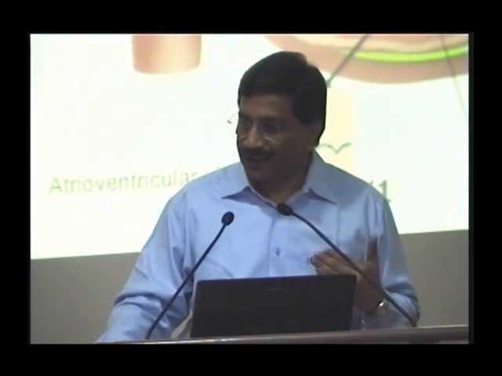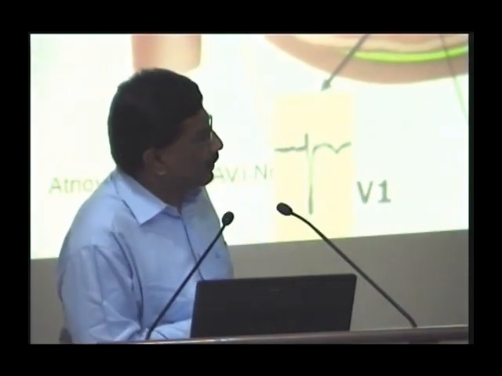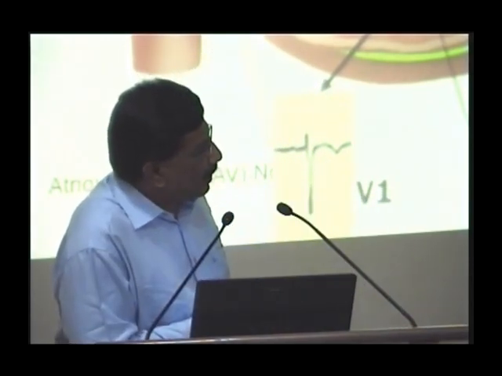The initial small positivity is due to the septal depolarization, which is coming towards V1, whereas V5 and V6 show an initial small negativity and terminal big positivity, because septal depolarization is going away and the main ventricular depolarization is coming towards them. This results in V5 and V6 being positive and V1 predominantly negative. This is the normal QRS complex, and its duration is less than 0.08 second.